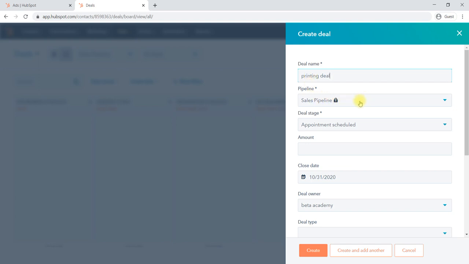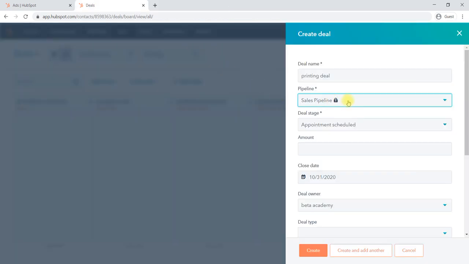In the pipeline, only a paid user can change the pipeline, like the sales pipeline; many other types of pipelines are there, you can change to another type only if you are a paid user. Otherwise, by default the sales pipeline will be selected. Custom pipelines we will not be able to create.